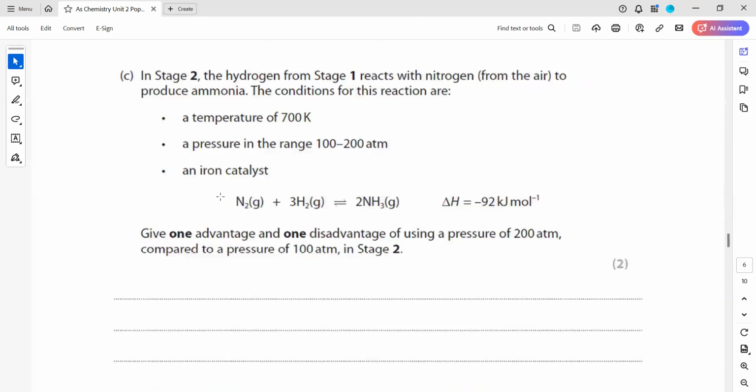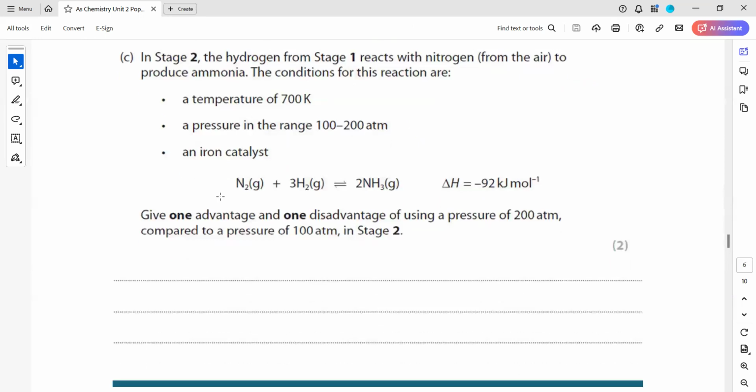In stage 2, the hydrogen from stage 1 reacts with the nitrogen from air to produce ammonia. The reaction conditions: give one advantage of using a pressure of 200. If we use a very high pressure, here we have 4 moles and here we have 2 moles. So the equilibrium will shift towards the right hand side. As a result, we will get a higher yield of